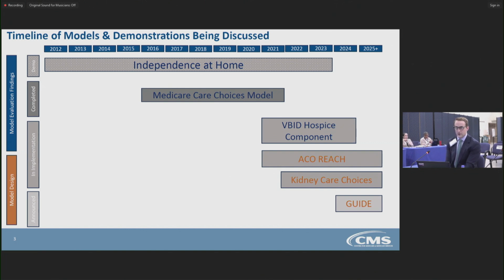The darker gray is for the completed Medicare Care Choices model. And for those models in implementation, VBID Hospice, we're presenting evaluation findings to date. But then for those models in operation, in orange, ACO REACH and Kidney Care Choices, and Guide about to begin. So I just wanted to set the stage a little bit further and give you a timeline for our portfolio. We are thinking this is just about chronological and wanting to help you see the evolution of our CMMI models